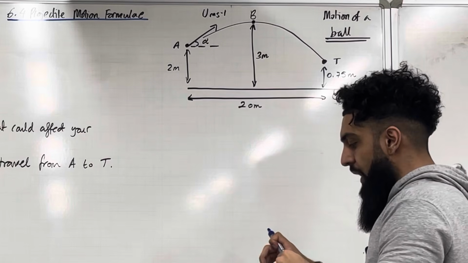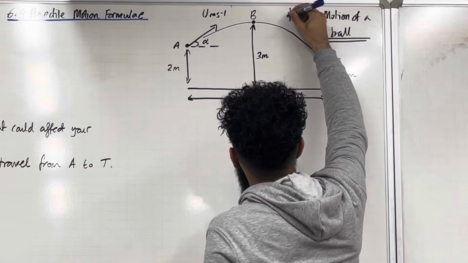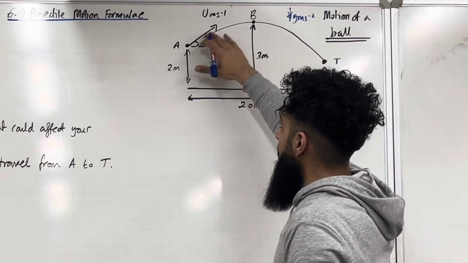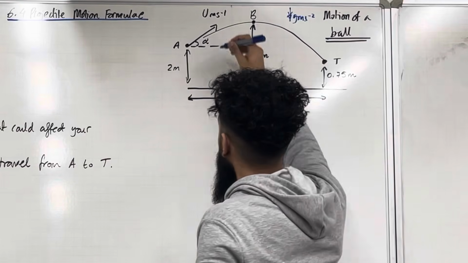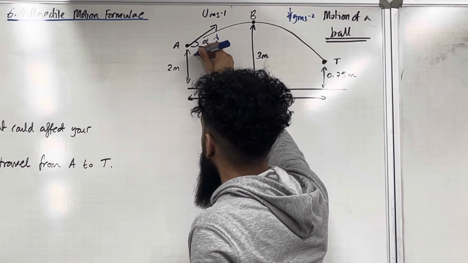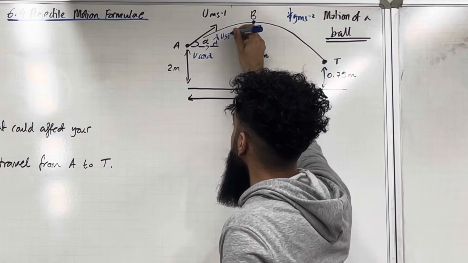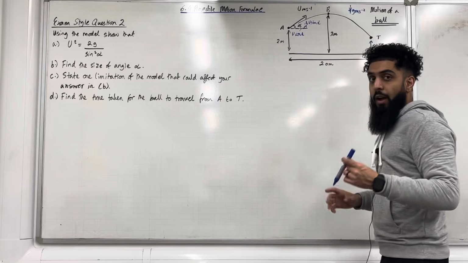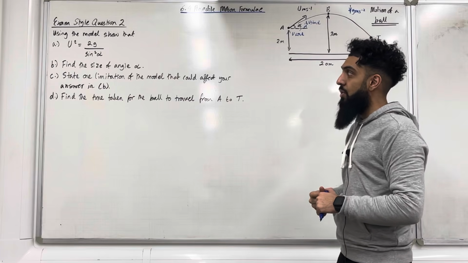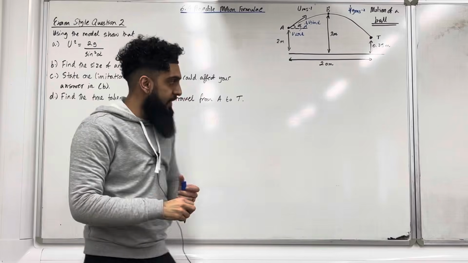Now what we have over here is acceleration due to gravity acting vertically downwards, g meters per second per second. For this speed we have component speeds, so I can form a right angle triangle, put in the arrows. This part over here is the adjacent, so u cos alpha. This part over here is the opposite, u sine alpha. Okay, ladies and gents, using the model, show that, part a, u squared is equal to 2g over sine squared alpha. Let's do this. Right, so part a,